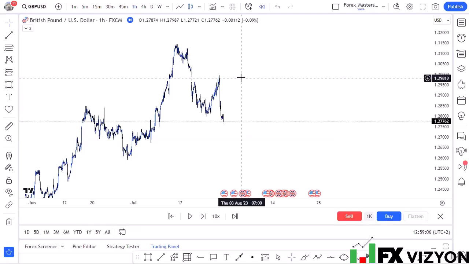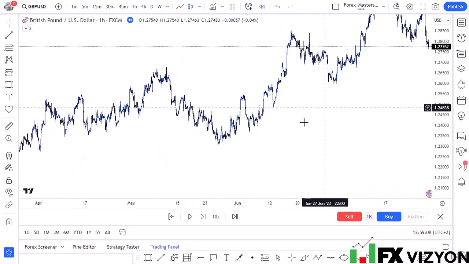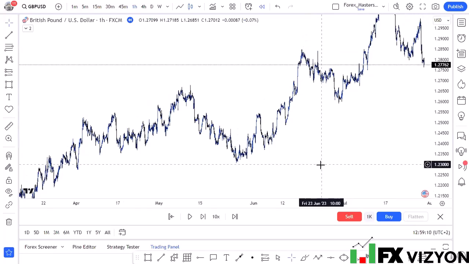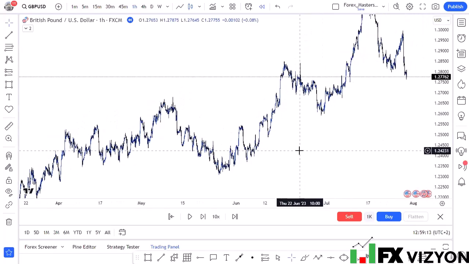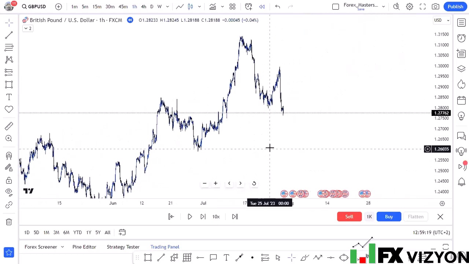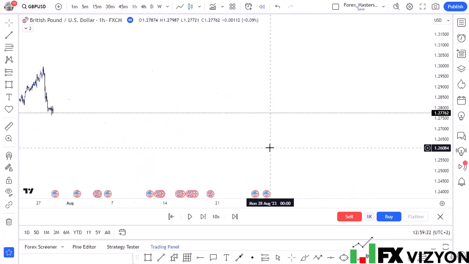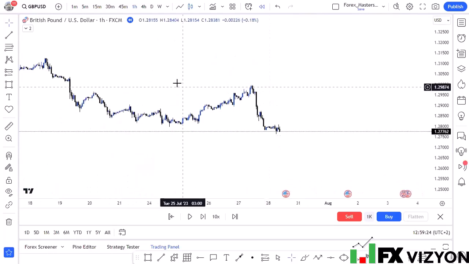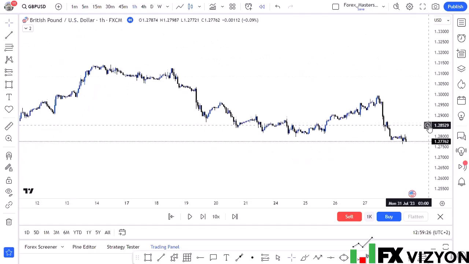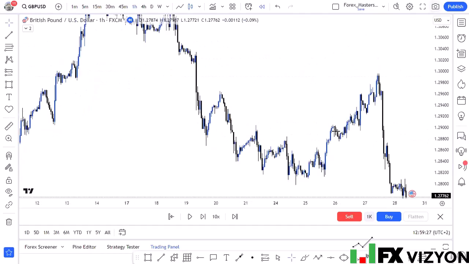Here I have with me the chart for GBP USD, and it's a zoomed out chart. This is just the 1 hour time frame, and I have made sure that I have zoomed out so that I may show you exactly what I was talking about. Now, sometimes, like I said, we as traders, or in most cases, many traders want to trade a chart which